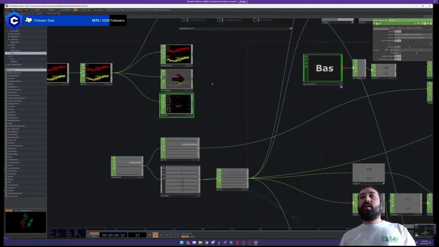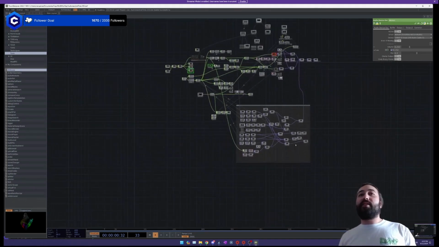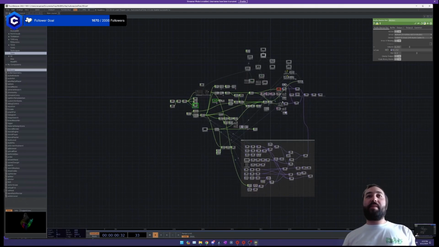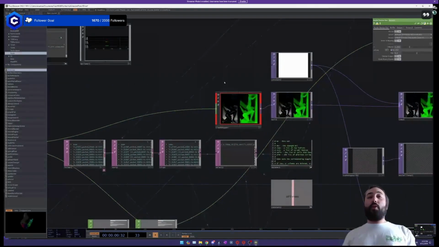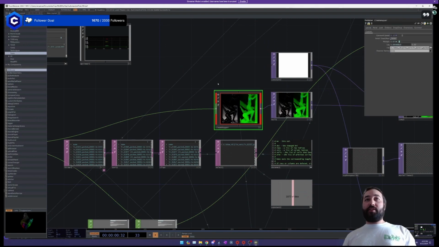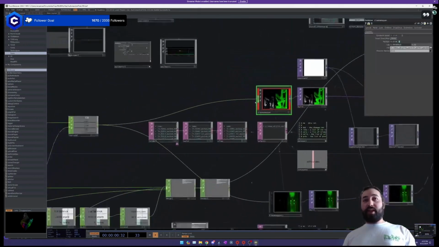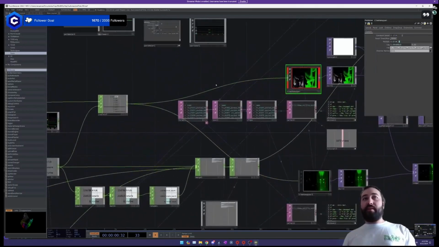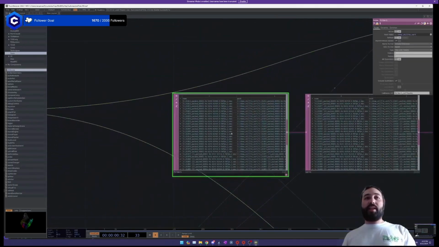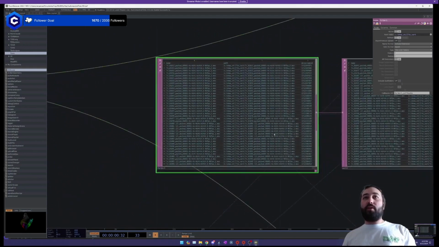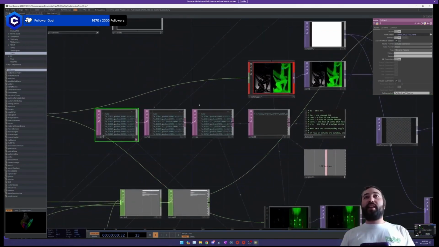Cool. So this is the actual setup that I use for my videos, and there's a lot more going on here, as you can see. The whole time remapper thing that I just showed you is basically just contained within this one node. So this is where that whole setup is, and then everything outside of here is extra stuff. I have a thing that looks through the whole folder and lists out all the movie files in the folder, and then I can switch between them using a